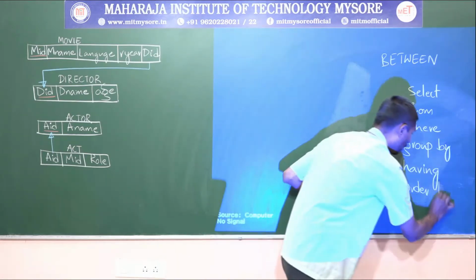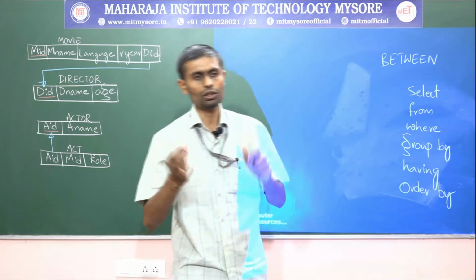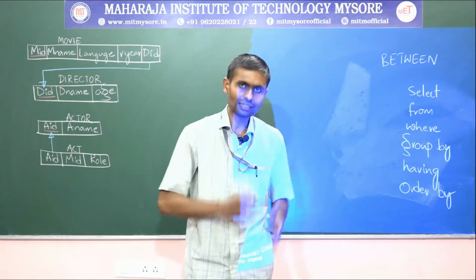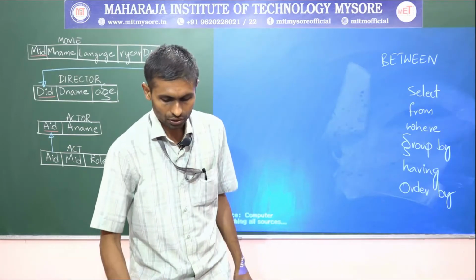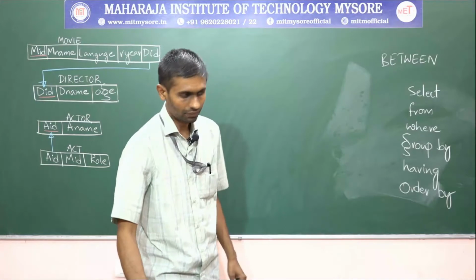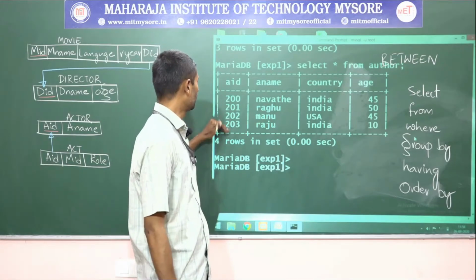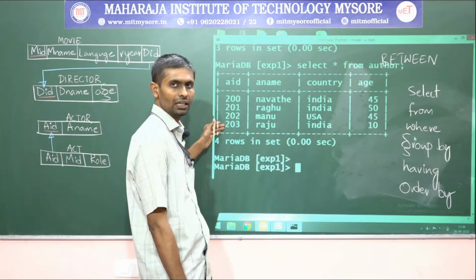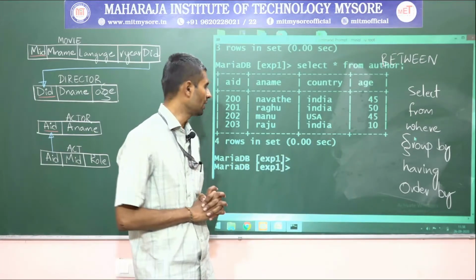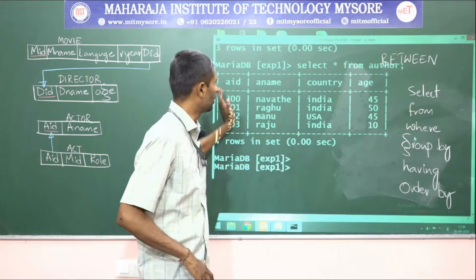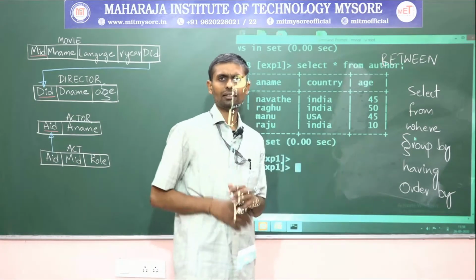class that we call the ORDER BY class. With the help of ORDER BY, we can mention an attribute name. Based on that attribute name, we can retrieve either in an ascending fashion of that particular mentioned attribute column or in a descending fashion, right? So let's say, for example, guys, look at this one. Here we have data of author. I want to retrieve, because it is already sorted based on AID by default in the primary key column, based on that it sorts, but that I don't want, guys. What I want is to retrieve these author details, all 4 columns, based on that age wise sorting, right?